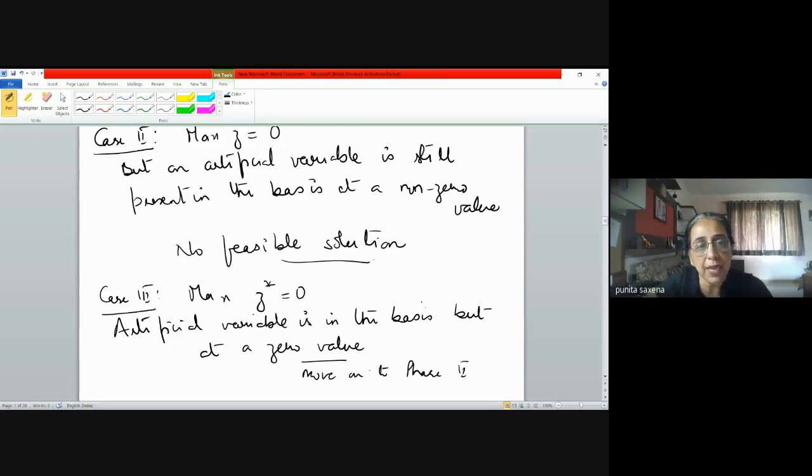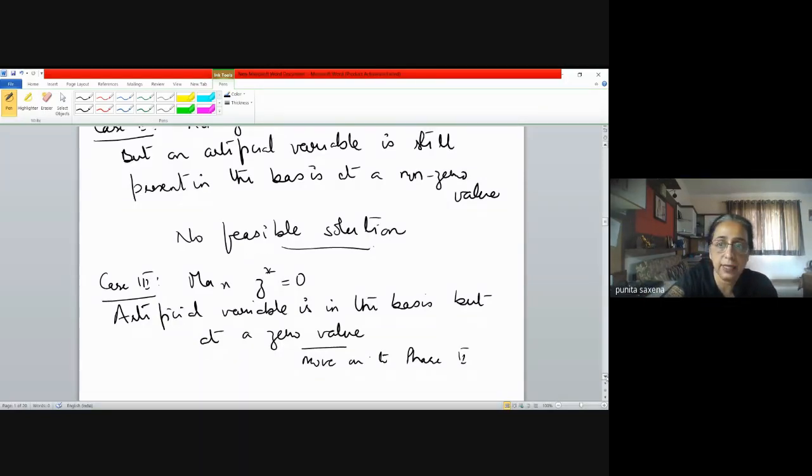Okay, so in case your artificial variable is present in the basis at the end of phase 1 with a 0 value, this does not necessarily mean that the problem has no feasible solution. It means that it may have a feasible solution, but the artificial variable will exit maybe at a later stage. So we can move on to phase 2, start with the original problem, but attach a coefficient of 0 to that artificial variable in the objective function and move on. Okay, so it will automatically get removed in the next iteration, right? So these are the 3 possible cases where your problem can end up.